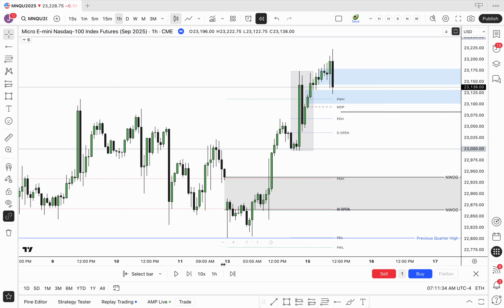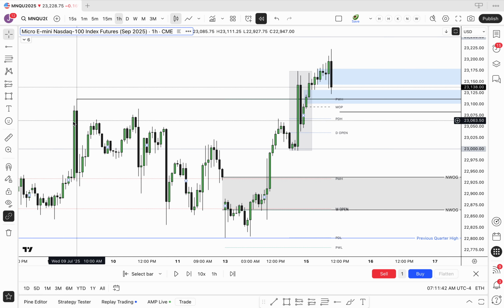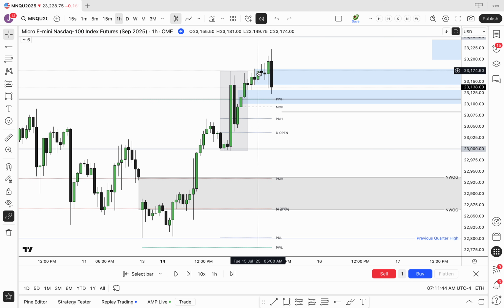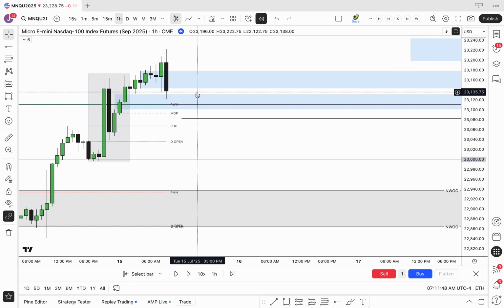And remember, this is the original consolidation. We're above that, so we don't have anything on the left side of the curve to reference, at least on the hourly chart. If you were going to go to a lower time frame, it would be a different story. So we close down below that. That's our first sign that order flow is changing.